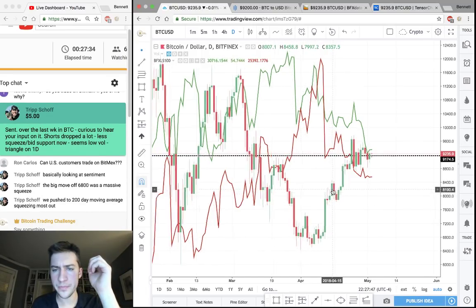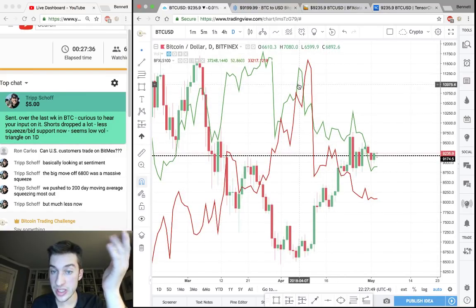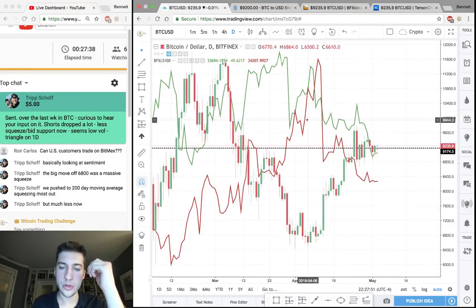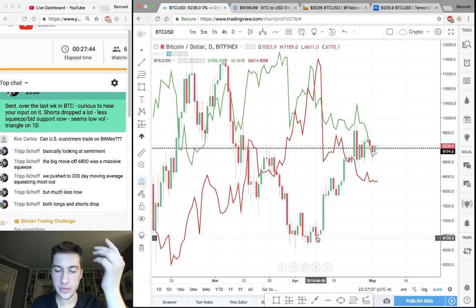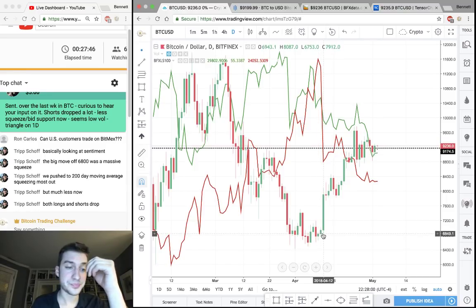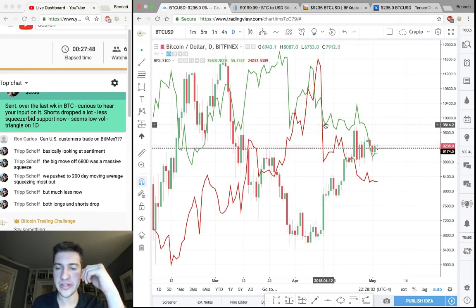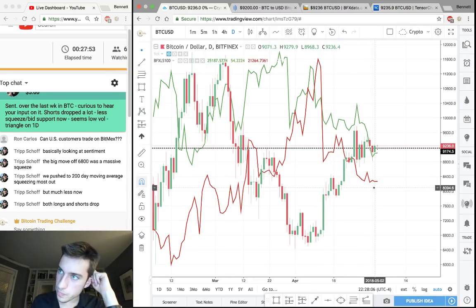We then moved upward, and as we moved upward, it looks like long sentiment was actually continuing to fall. Short sentiment was rising as price went down and then spiked, not surprisingly, right at the market bottom, right here. This is where many shorts entered the market. And then after that, we begin to see both longs and shorts dropping. Typically, when longs and shorts are dropping out of a trend, that usually means a reversal, because you need, whoa,